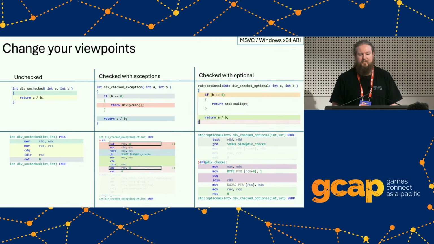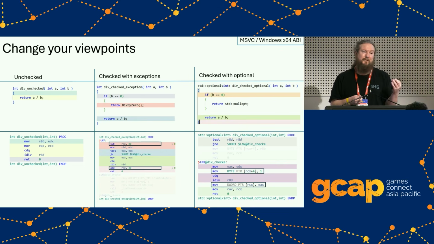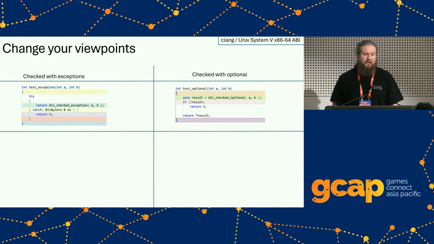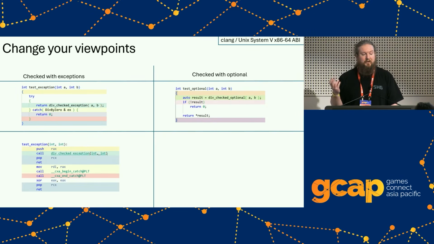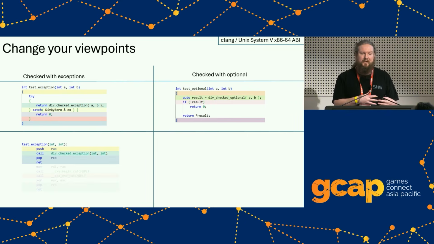So it's not quite as optimal as the exception version, and it's also got this little bit of extra storage here in a temporary register that's used because an optional is a little bit too big for just fitting in registers. So there's a bit of overhead there. If we look at the other side where we're trying to catch this exception, the code for it, again, we'll focus just on the success case for that.